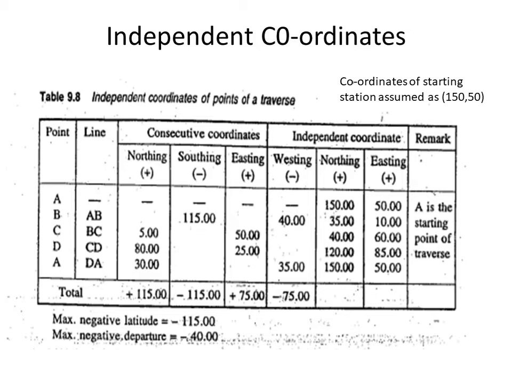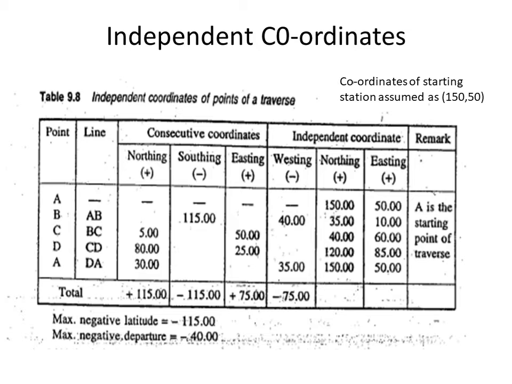The points are A, B, C, D, A, and the lines are AB, BC, CD, and DA. The values of consecutive coordinates are written as 115 and 40, that is, the line AB may lie in the third quadrant. Similarly, the line BC having both values positive, that is northing and easting, means that particular line lies in the first quadrant. Then plus 80, plus 25, again that particular line lies in the first quadrant, and lastly the DA line is going to lie in the